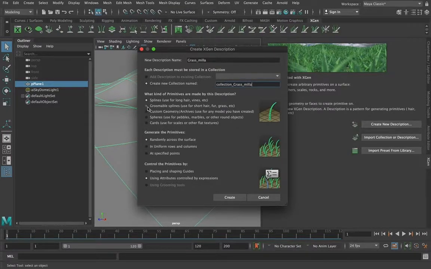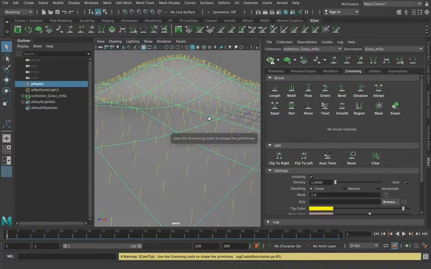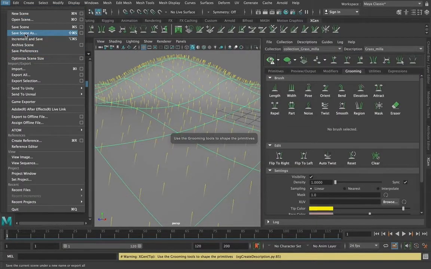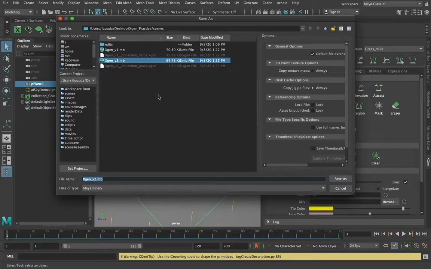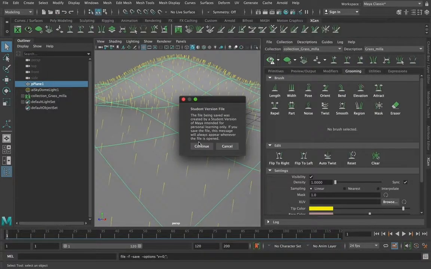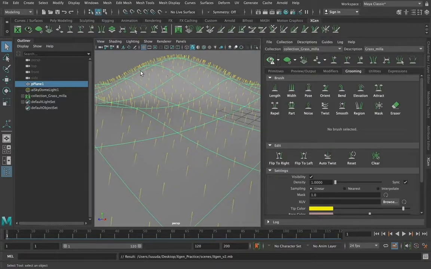Perfect. I need this for grass. So I'm going to click on that, and you'll see that as soon as I do, some of our other options at the bottom get grayed out. However, I now have the option to use groomable tools. So I'm going to click Create. I'm going to do File, Save Scene, and in this case I'll just overwrite this. All right, so now I have these little fibers,